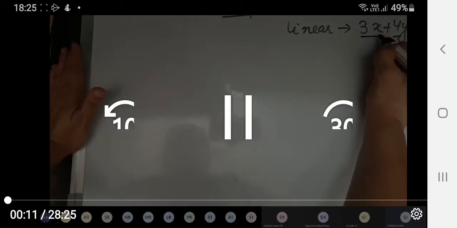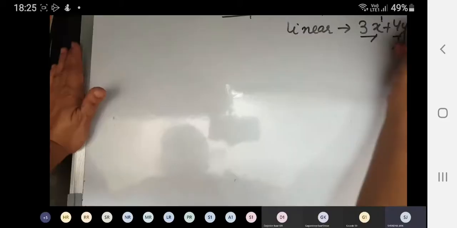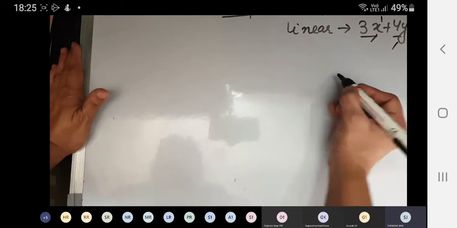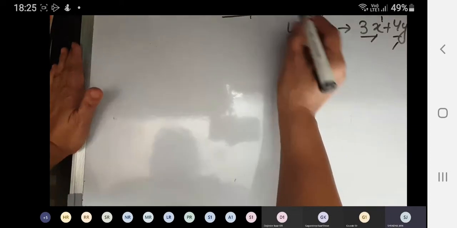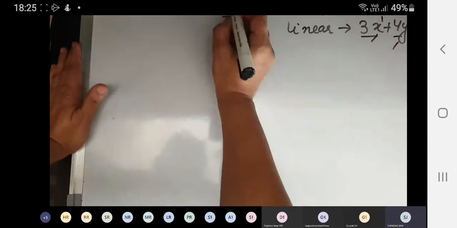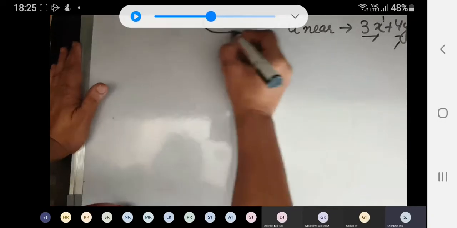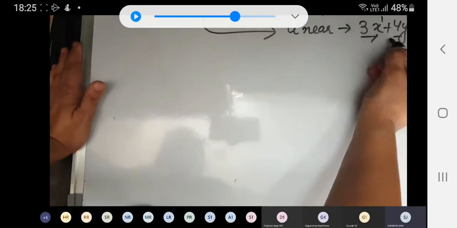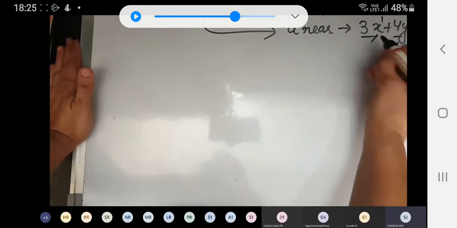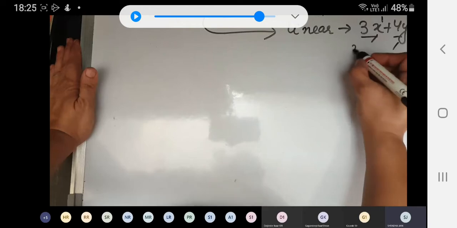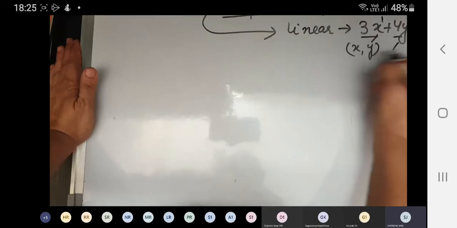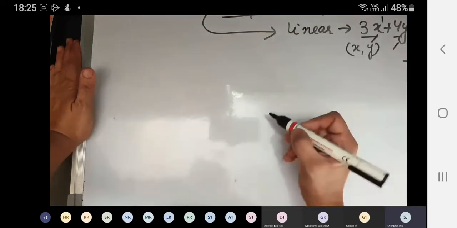y is equal to 7, which has x and y of degree 1. Is it? And what is the difference between the linear equation and the equation of a line? In the equation of a line, we will learn how to obtain the line. When we were given this linear equation, we knew that it can be plotted in the graph by finding the pairs of x and y coordinates which satisfy this equation.